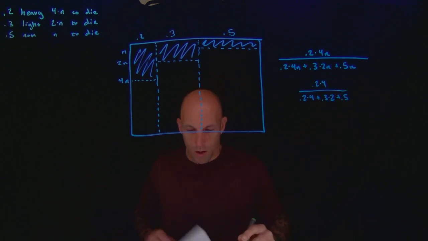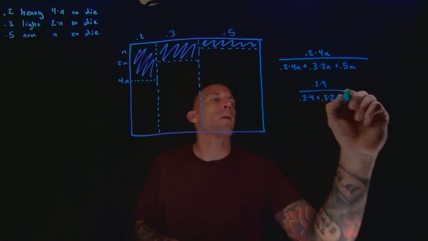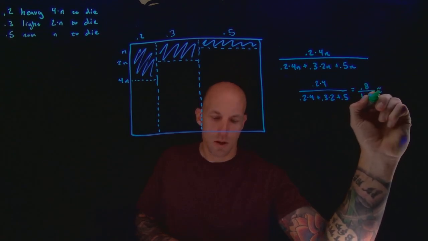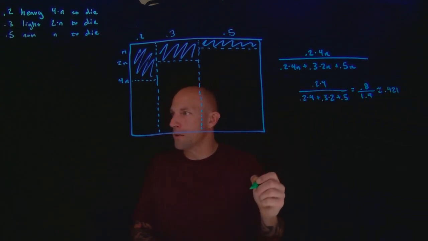If you churn all of that through your calculator, you're going to end up with 0.8 over 1.9, which is just about 0.421. So the correct answer here is